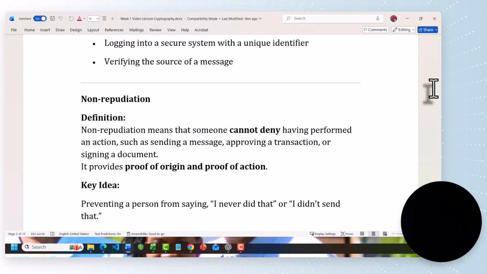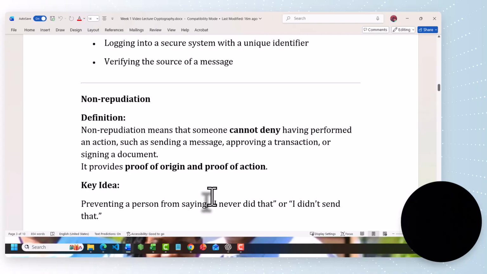Non-repudiation means that someone cannot deny having performed an action. Say I received some data from you, but you are trying to hide the fact that you did send it. Non-repudiation says I have proof that you sent the message, and if someone got to the data before they were authorized to do so, I know that that individual has access to that information. So that's non-repudiation. Basically, no denial, as far as information that's passed back and forth between individuals, companies, or entities.